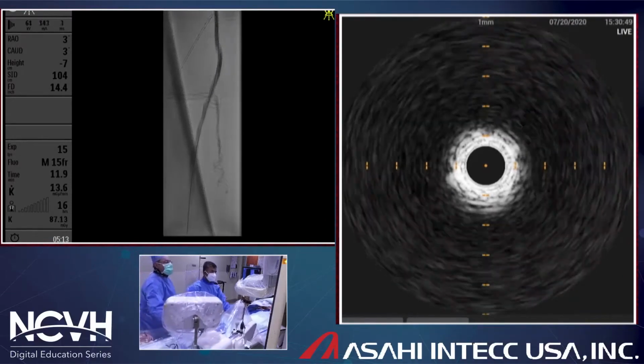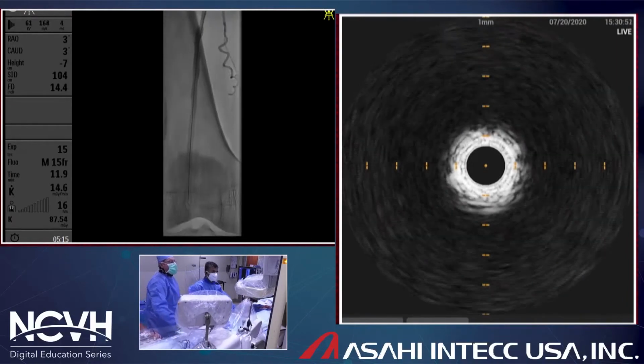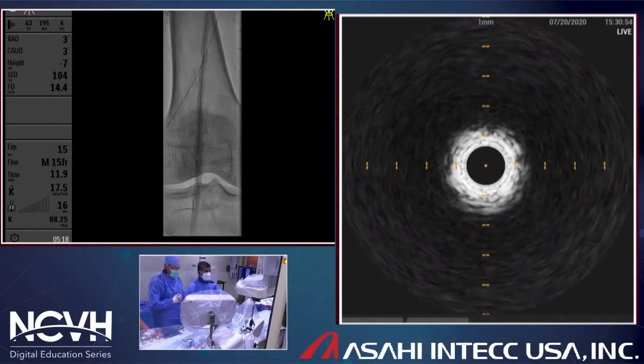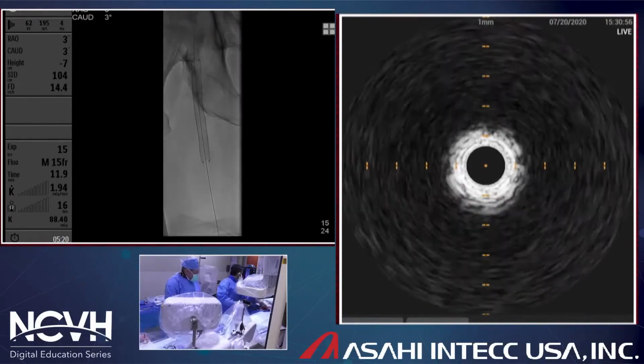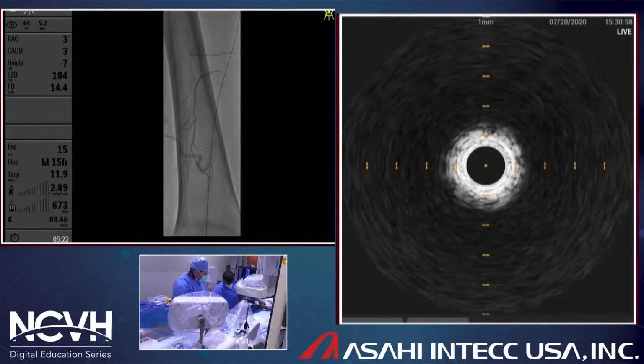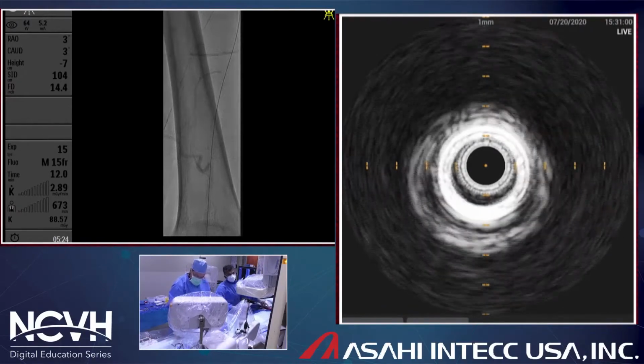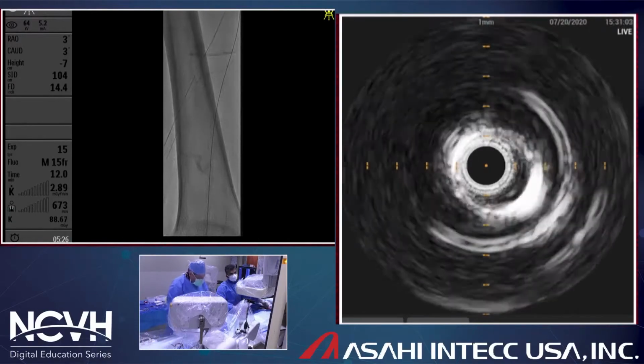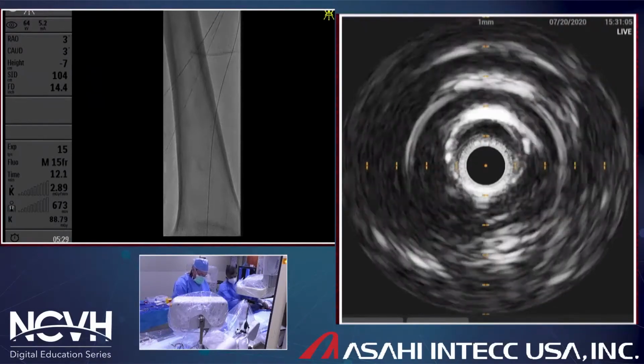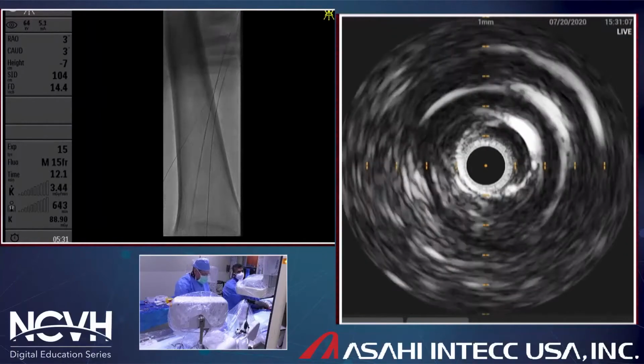So this is the angiogram that we took right before intravascular ultrasound, and our area of interest would be the re-entry, obviously, because this is the area where we sometimes can note dissections to re-enter. But as we shall see in this case, the IVUS will be very critical in identifying how the SFA looks like.